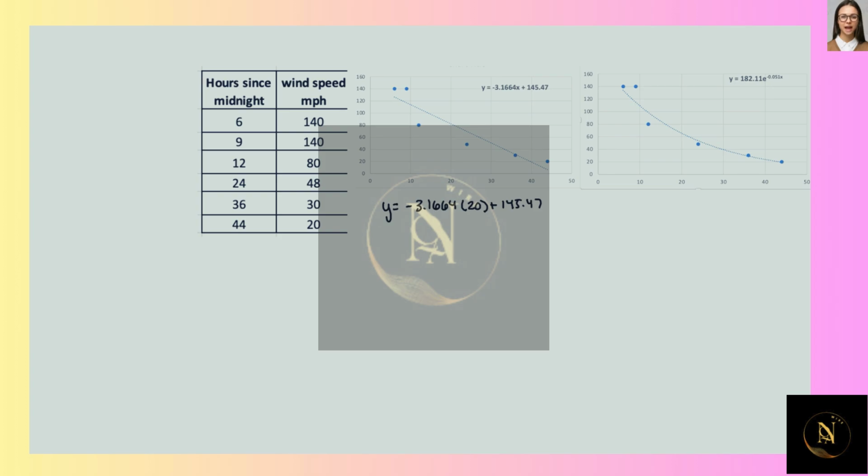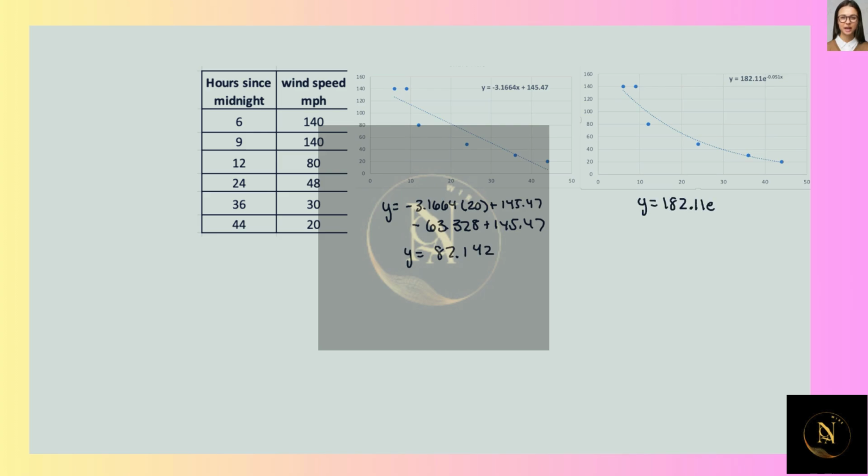So 20 times negative 3.1664 would be negative 63.328 plus 145.47. So 145.47 minus 63.328, and y equals 82.142. And then the other one is y equals